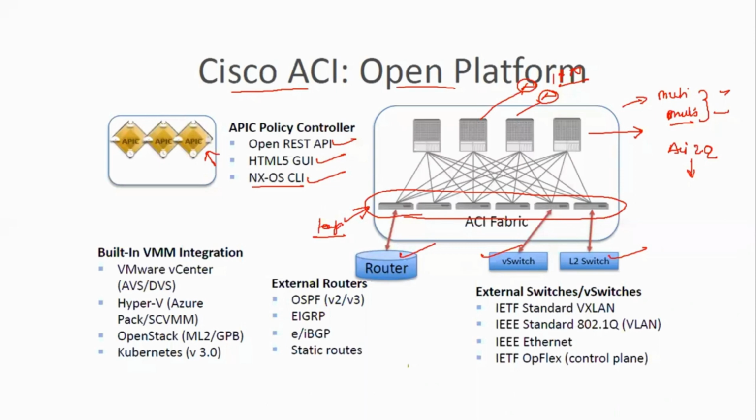But if you are using a multi-site or multi-pod architecture, in that case you have an option to connect your IPN router to your spine. That's it. But here also you will not be connecting your servers, firewall, load balancer, nothing. Only the IPN router. So what is an IPN router? IPN is an inter-pod network. So if you have two pods, let's say one pod is in Gurgaon, another pod is in Noida, you can connect them via IPN. So on the spine it can be connected, just like two different pods.